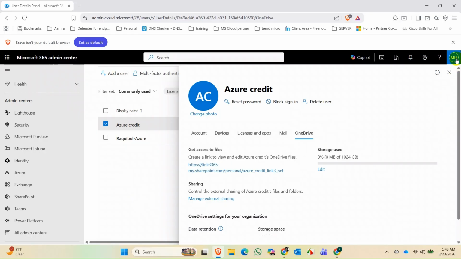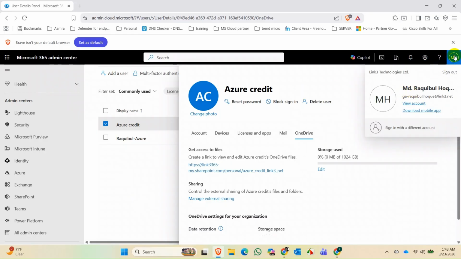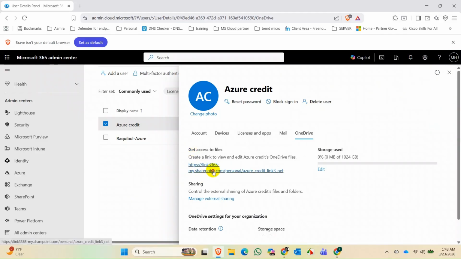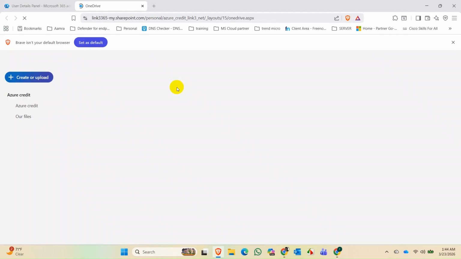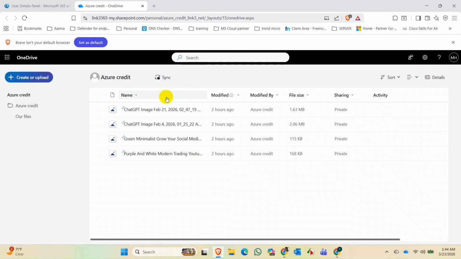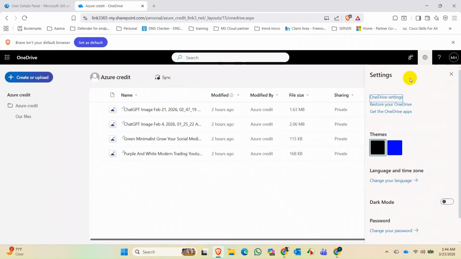As you can see, this is my global admin. This is different from the users. I click on here. If I click that, a global admin can access the user file very easily. As I am a global administrator, I have the rights to access all the users' OneDrive files if I want. Now click on OneDrive settings,